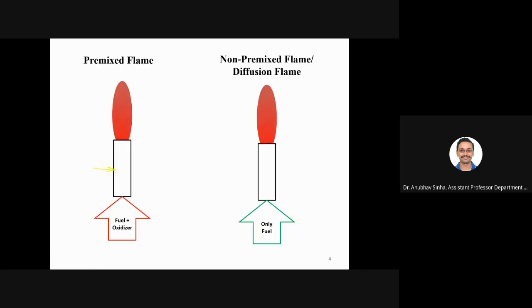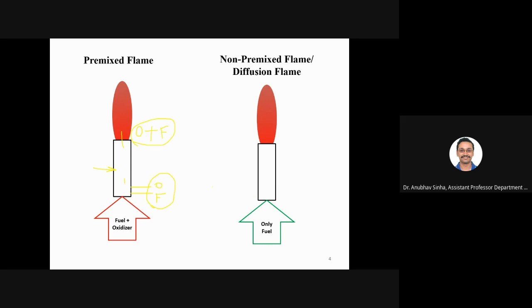Okay. So it is a tube which has, let us say, two openings or two fuel lines. From one I can supply oxygen or air. From the other I can supply fuel. Basically the idea is that I want to mix both of them before burning. So inside the tube it will get mixed, and at the end of the tube I will have oxygen plus fuel, both present, then it burns. Is it clear? Yes, sir, it is clear now. Thank you. Basically, I am supplying a mixture of oxygen and fuel before combustion.